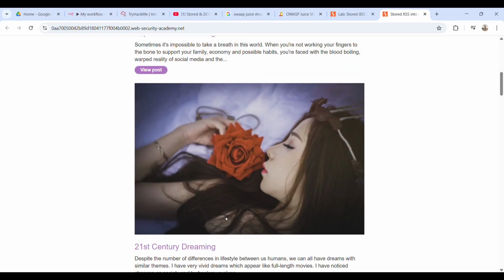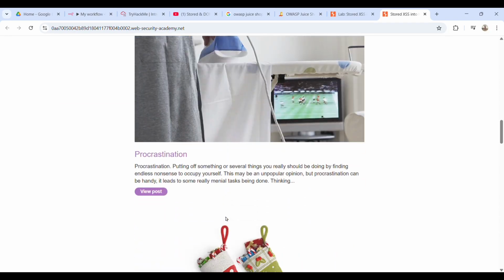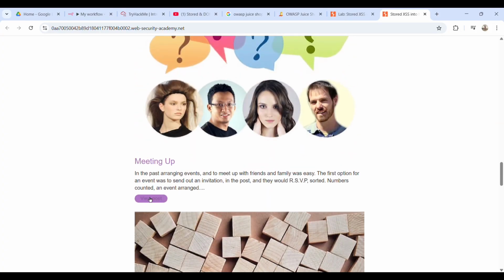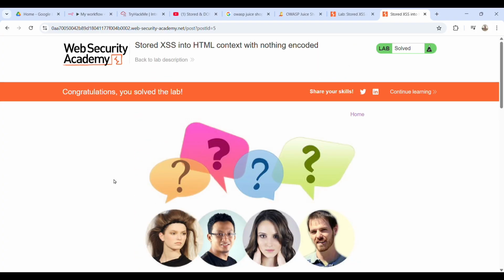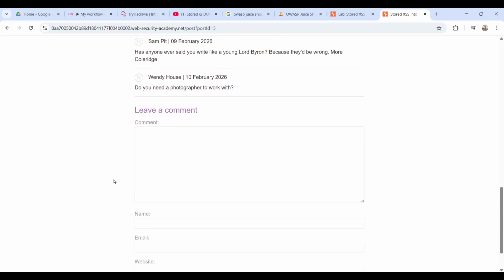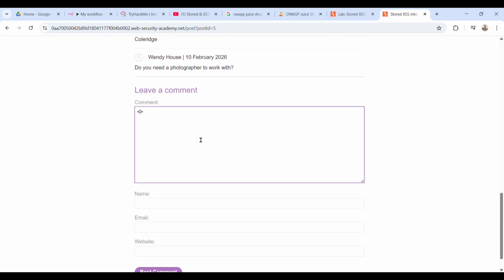Here you will see a blog post. There are multiple blog posts and you can select as per your preference. So we will go to Meeting Up and we need to open the blog post and scroll down to the comment section. Now in the comment field, I'll enter this type of payload,